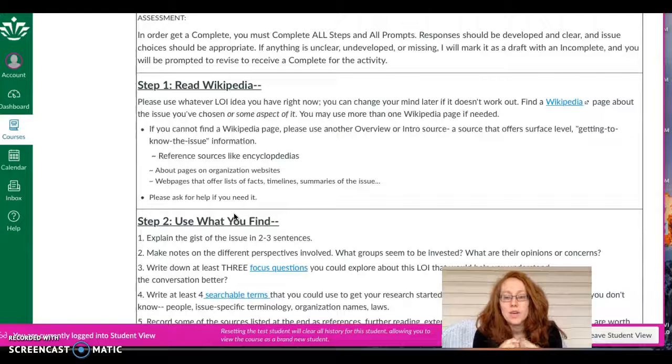I want you to go find a Wikipedia page. Most people are able to find a Wikipedia page that's either their issue, some broader general issue related to what they're doing, some smaller, more specific aspect of their issue. If you can't find anything on Wikipedia that's useful to you in some way, you're welcome to branch out and